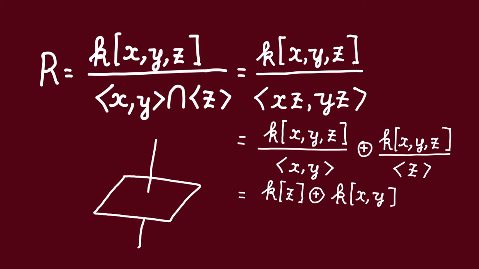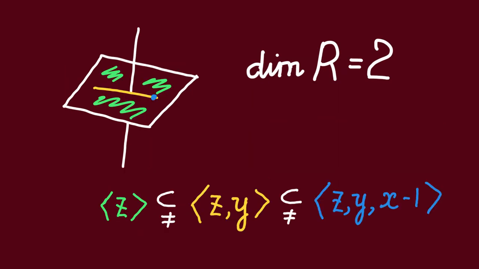We can view this ring as the coordinate ring of the union of the z-axis with the xy plane. Here the z-axis is cut out by the ideal (x, y), and the xy plane is cut out by the ideal (z). It's going to have dimension 2, and the following is an example of a longest maximal chain of prime ideals. We can take the prime ideal corresponding to the xy plane, and that contains the x-axis, right? And the x-axis in turn contains some point.